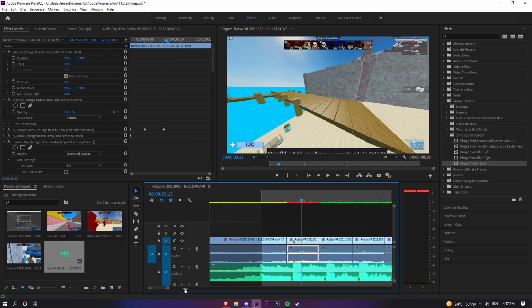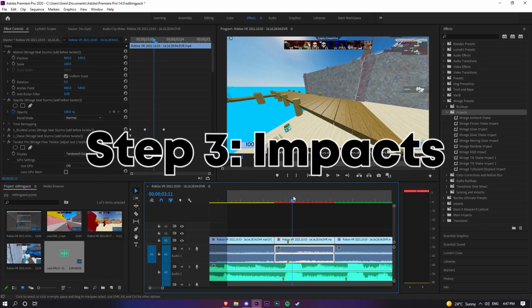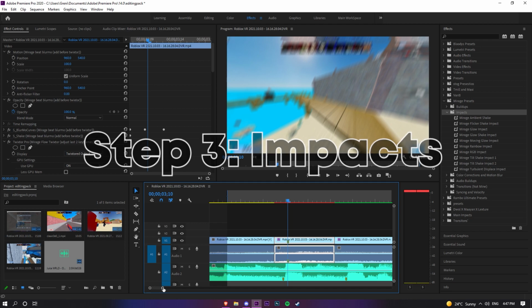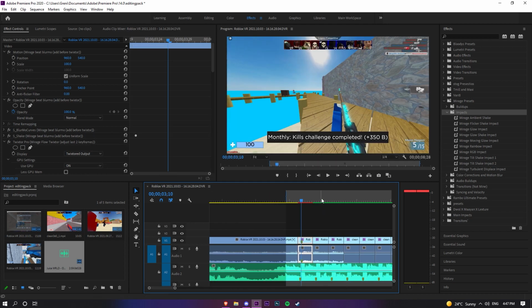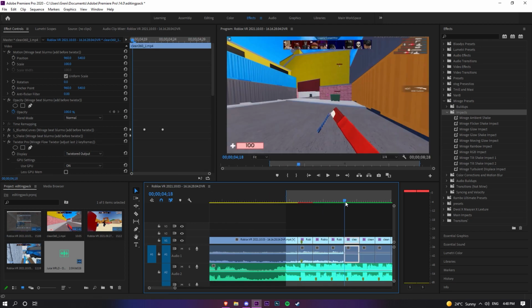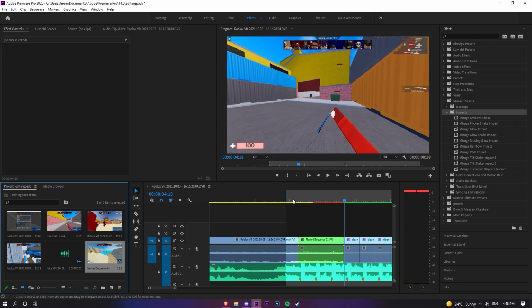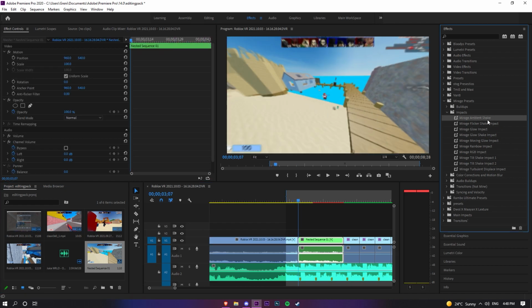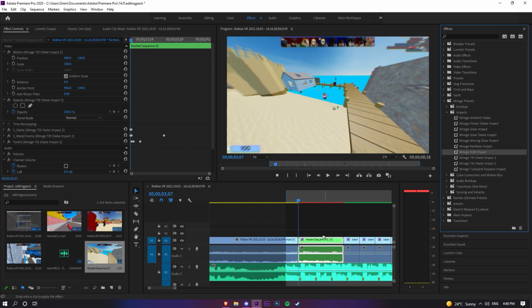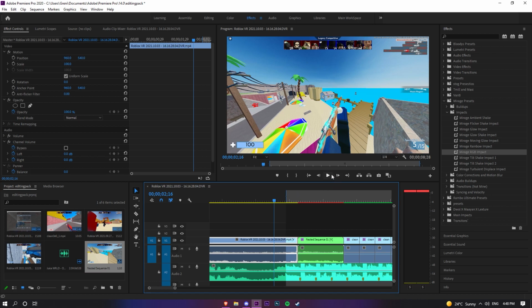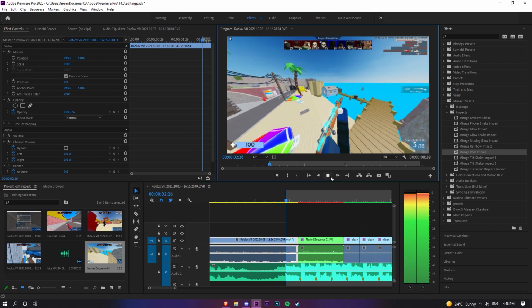Now you can move on to your impacts. For impacts, all you gotta do, leave it like this. So you see how it's 5 frames, and what you want to do is you just want to nest all of these until it's up to the end of the clip. So you can see this is where the new clip starts. You just want to highlight all of these, right click and click nest, so that it groups the clips together, right? And then you just want to drag on whichever impacts you want. I'm going to be using Tilt Shake 2 and RGB, right? Because why not? Let me just play this back.